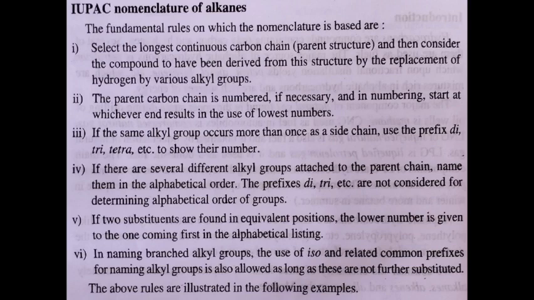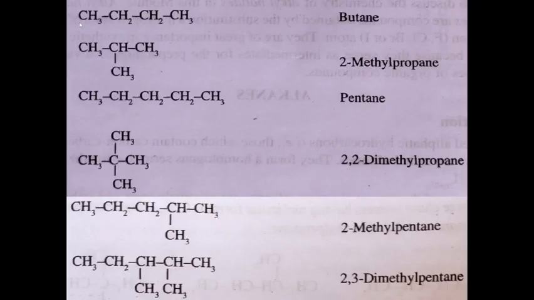In this case, this compound is called butane because it contains 1, 2, 3, 4 carbon atoms. 4 means buta, and the final name is ANE. Okay, because it is an alkane, the last three letters are ANE. So butane. Okay, and in this case there is a substituent, so you have to find out the parent longest hydrocarbon present in this compound. So 1, 2, 3, or you can write it as 1, 2, 3. Okay, in both cases it is the same. Okay, so on the second carbon atom there is a substituent. So this is propa, 3 are there, so this is propane. The parent hydrocarbon chain is propane, with a methyl on the second carbon atom, so this compound is 2-methyl propane.